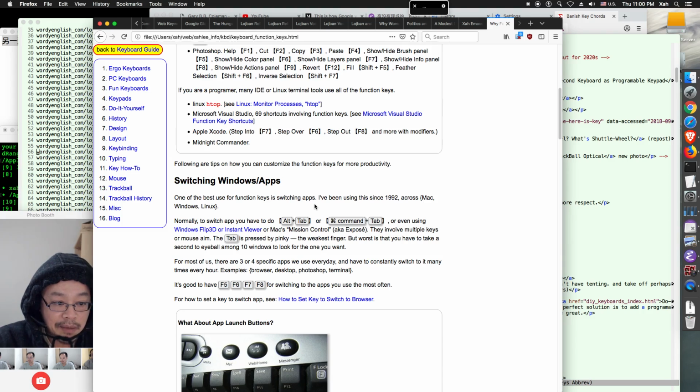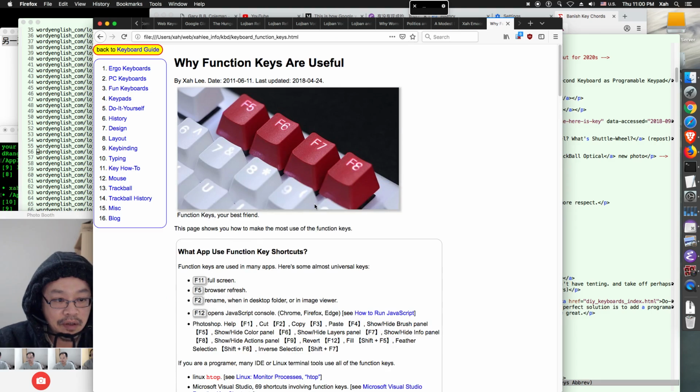Now a laptop is not so good, because on a laptop you don't have big function keys, and function keys are usually scrunched together, a tiny, thin strip. That's hard to press. So on a laptop, you make an exception. You might use Command tab or Control tab or other ways. But anyway, you shouldn't be typing on a laptop anyway, because